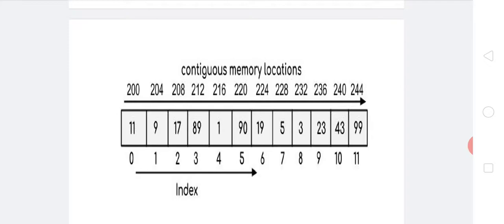Afterwards, element 9 is stored at location 1, whose address is 204. This means the memory required for a single element is 4 bytes. Basically these 2 bytes or 4 bytes depend upon whether the system is 16-bit, 32-bit or 64-bit.